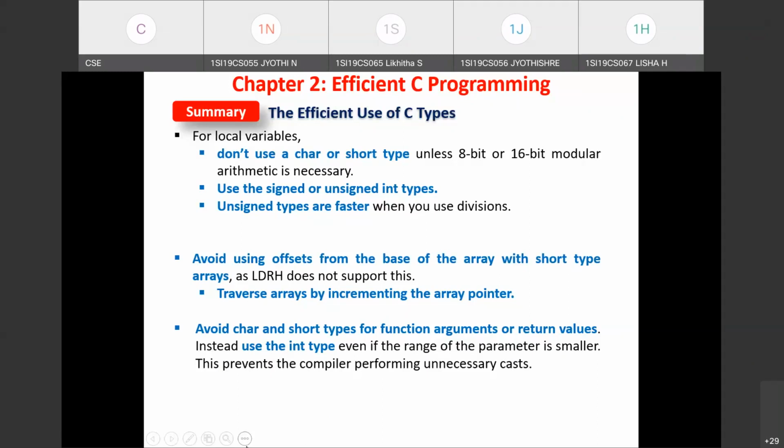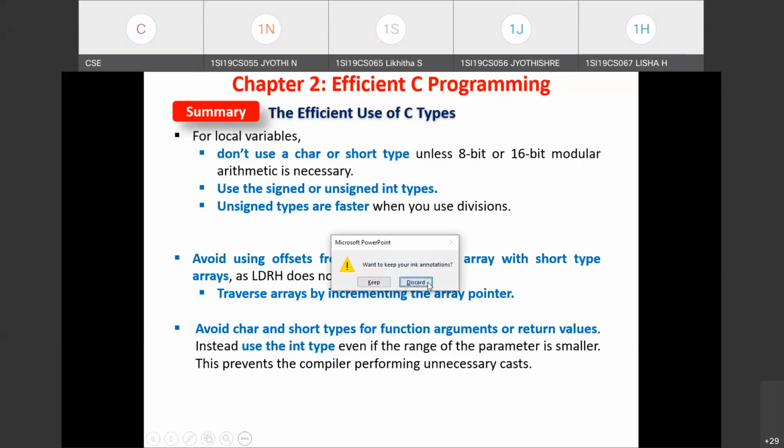And let the return value be of integer type so that it won't cost extra instructions for explicit casting, which increases the code size and reduces the performance. So that's what is mentioned as the last point. It prevents the compiler from performing unnecessary casting. Okay, so with respect to the efficient use of C data types, these are the important points you need to remember. So this is one important topic which you have to go through in this unit.